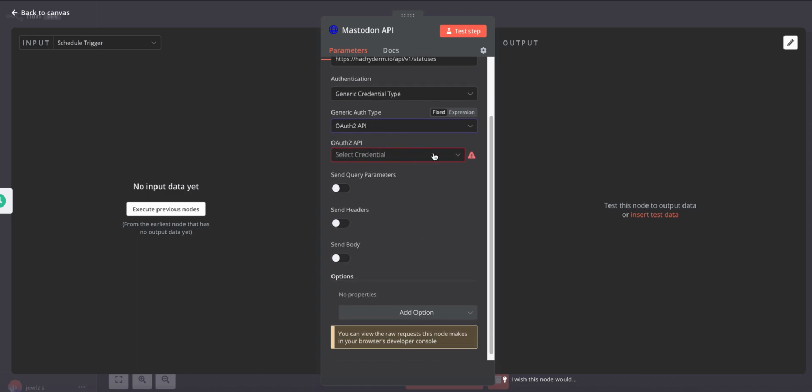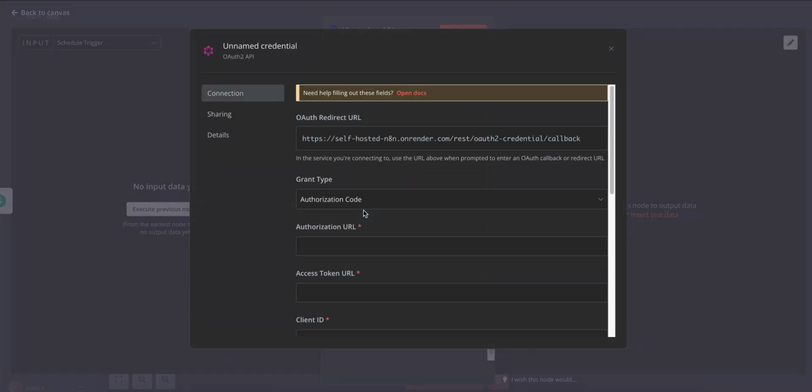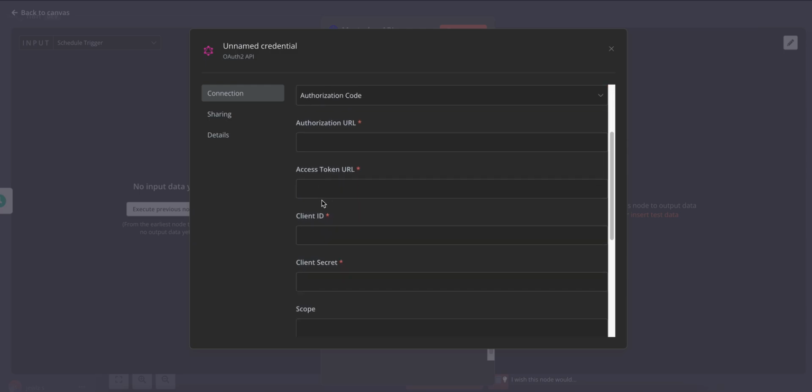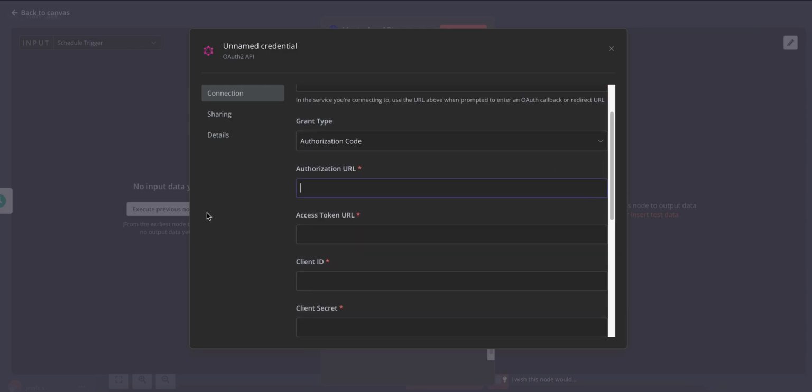From here, there will be this new field that comes out. It will be red, and this means that you need to have something or else this node won't work. So for this, we will create a new credential. And we can see the following fields. So we'll leave OAuth redirect URL and grant type as it is, but for the authorization URL, we are going to put